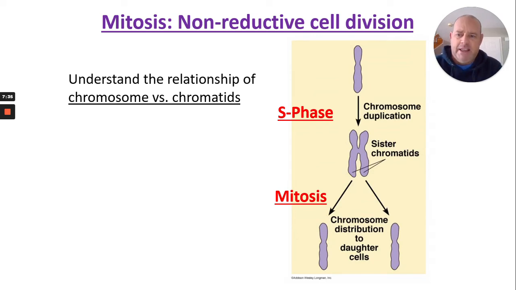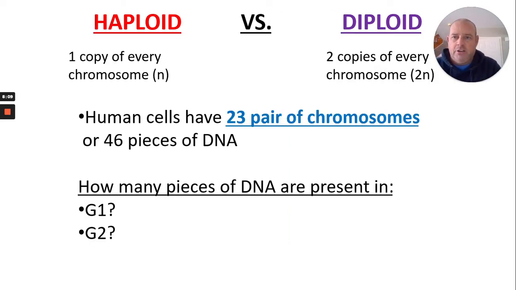So here again is a slide about chromosomes versus chromatids. You have a chromosome, and when you copy it like that, you have sister chromatids. Each one of the fingers in that is a chromatid, right? Together, it's still a chromosome. The whole thing is a chromosome still made up of two sister chromatids. And then when they split again, this is a chromosome and this is a chromosome. We don't really talk about chromatids unless they're together. Hopefully that helps you sort out some of the terminology.